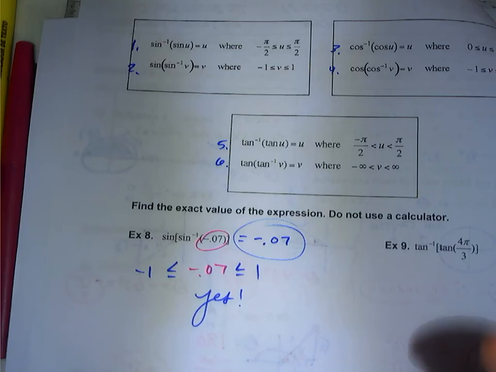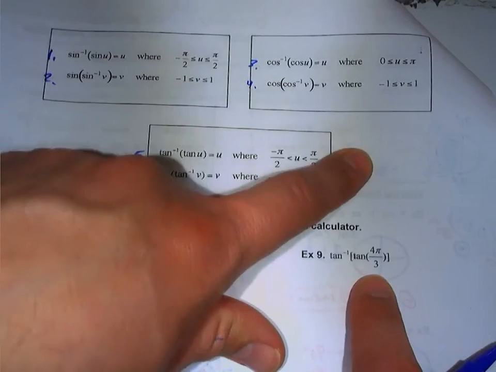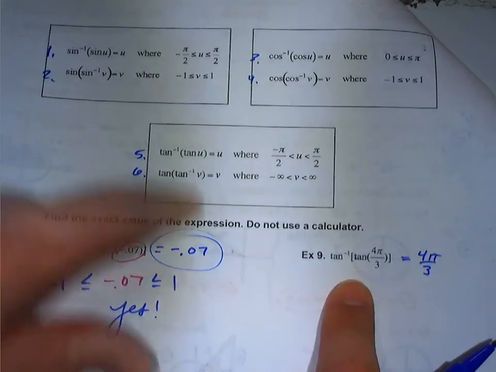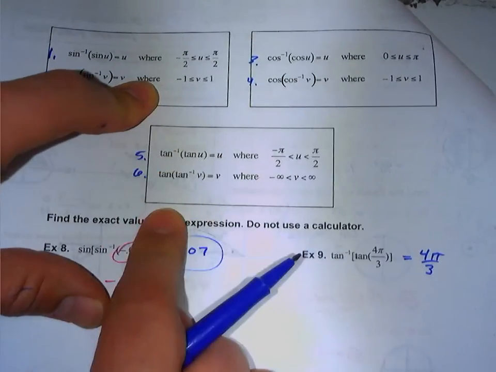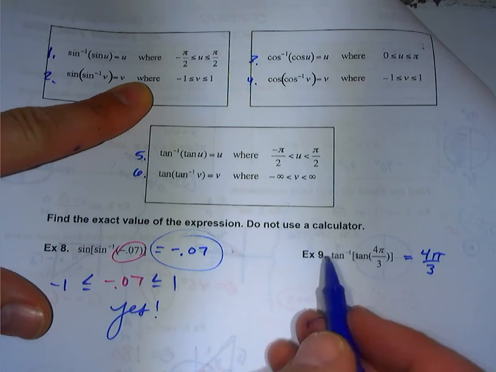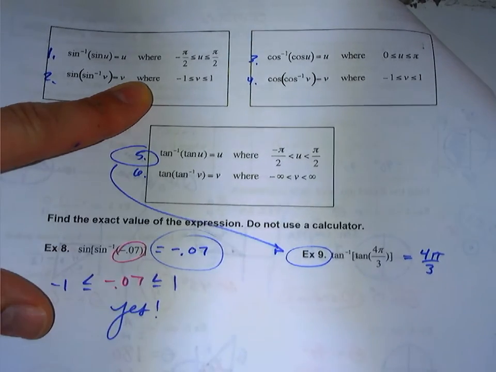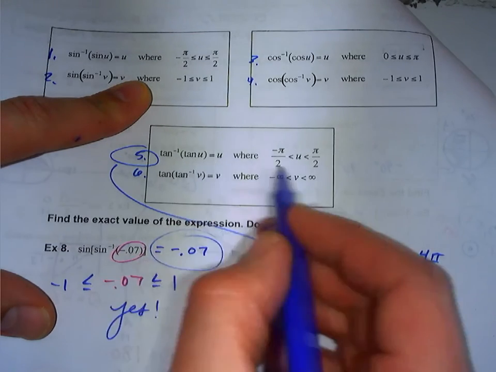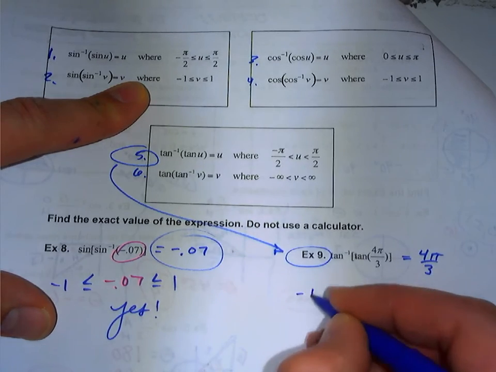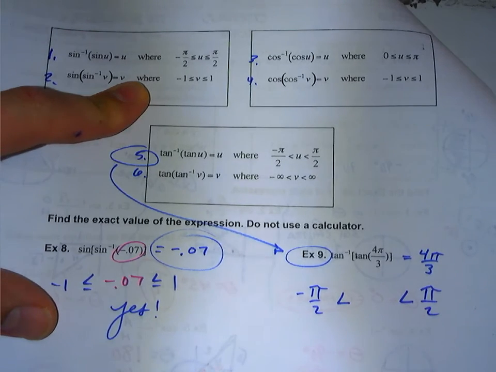Okay. So when I look at example 9, I've got the inverse tangent of the tangent of 4 pi over 3. It is 4 pi over 3 only if it matches up with the ones with tangent. Well, which one should it match up with? Example 9 is like which one? Number 5. So inverse tangent of the tangent of u is u if u is between negative 90 and 90, negative pi over 2 and pi over 2. So my question to you is this angle, 4 pi over 3,